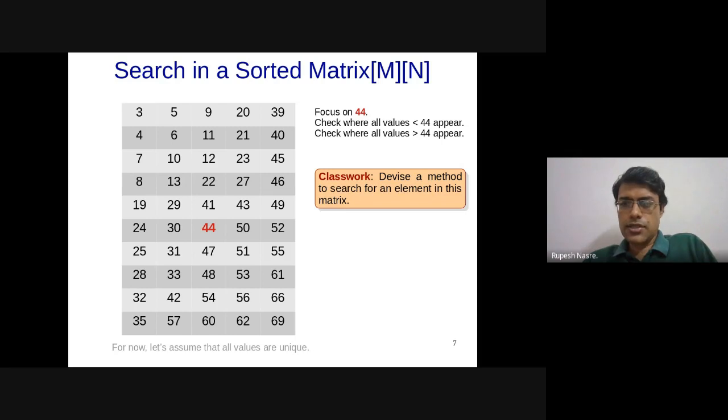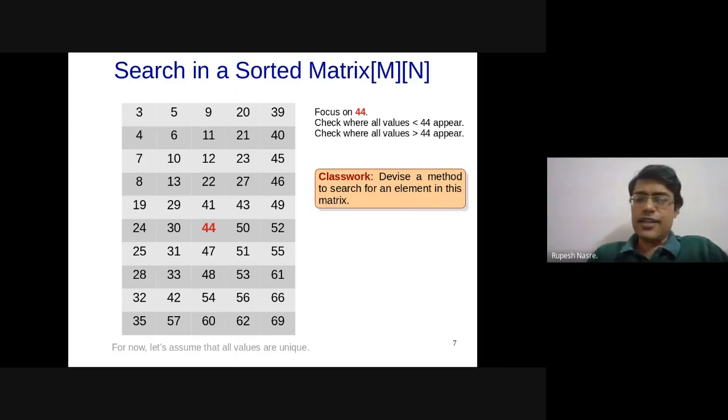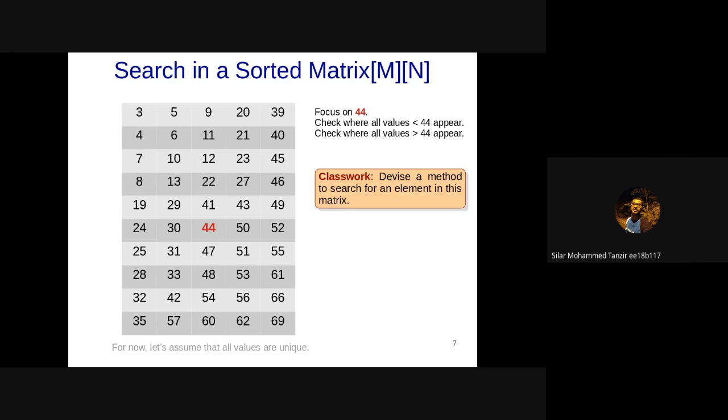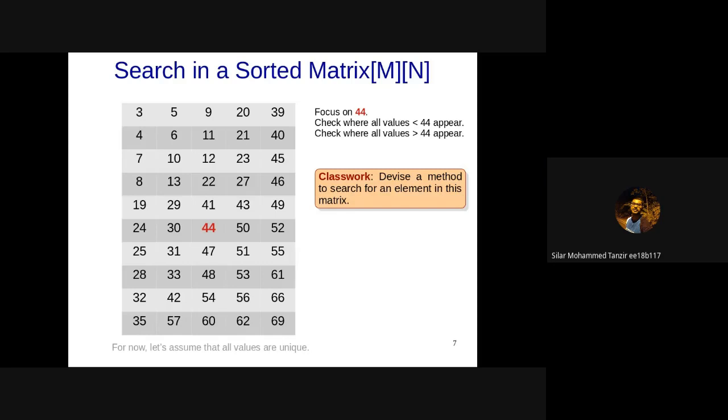Do you want to add? I meant if elements in the second row are all greater than the elements in the first row, then it would help, right? That was, all the elements are sorted row by row. I see. Yeah, okay, you're right. So if that would have been the case, you could possibly view them as completely ordered, right? You mean the last element of the first row is smaller than the first element of the second row? Yes. Then it will just be binary search along the first column, and whichever row we get, we search among that row.